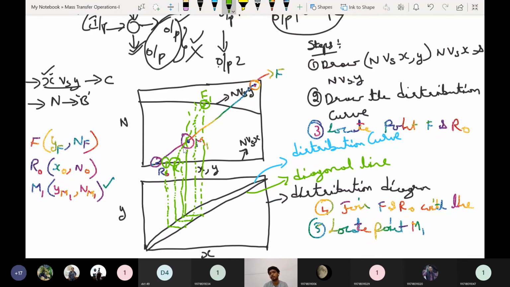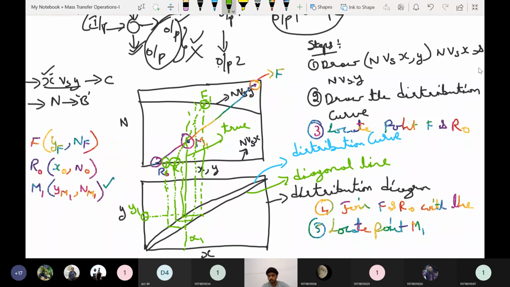So only with the trial and error method can you know whether the points are matching or not. Using those points only you have to draw this tie line. Drawing the tie line is very important, because if you consider this as your true tie line, where it touches the equilibrium curve is known as y1, the composition of solute in the extract stream, and where it touches the x-axis is known as x1, the composition of solute in the raffinate phase. Like this we have to calculate.